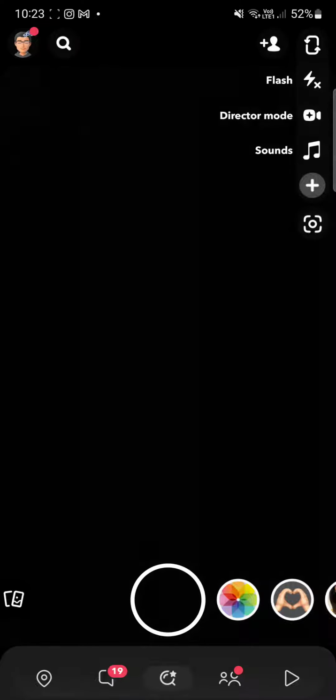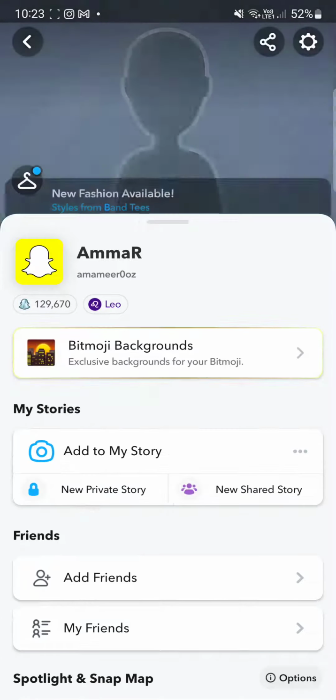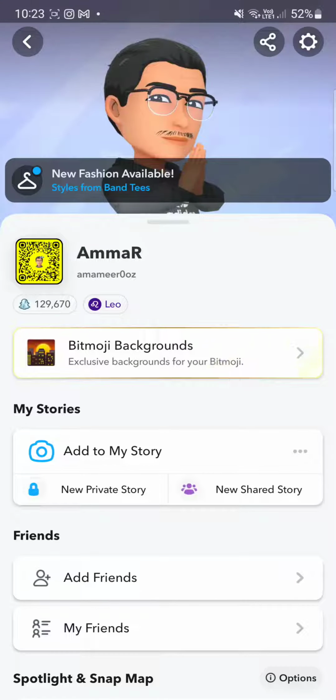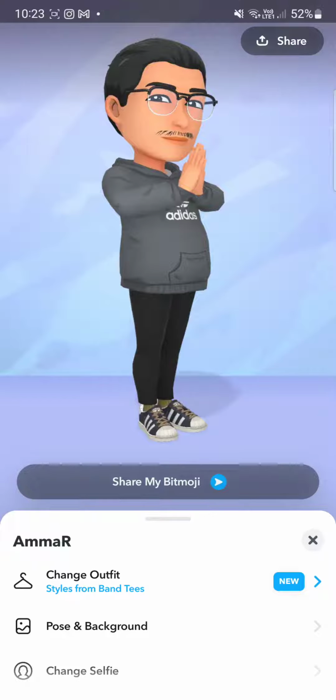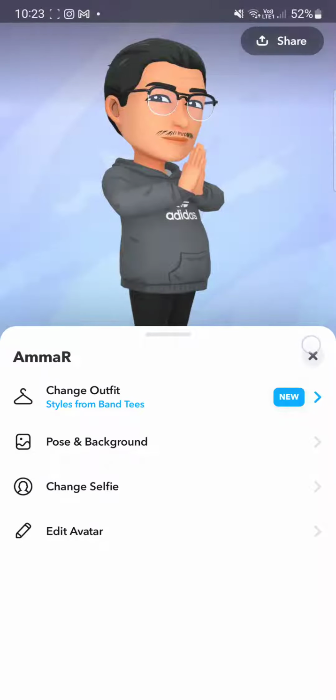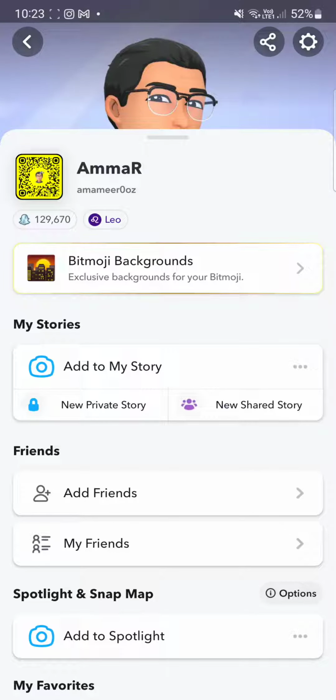So once you're actually in Snapchat, you're going to go onto the top left corner, which basically is your bitmoji. And when you're in bitmoji, you're not going to find any setting from here actually to change it. You're just going to change the pose and the background and the outfit, but you cannot change your bitmoji itself. So where you can change it is that you're going to go on the top right corner on the settings